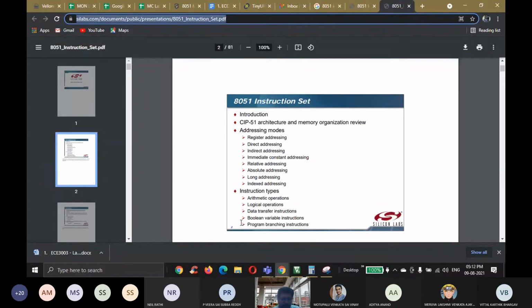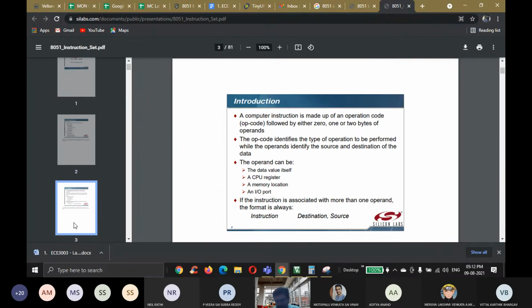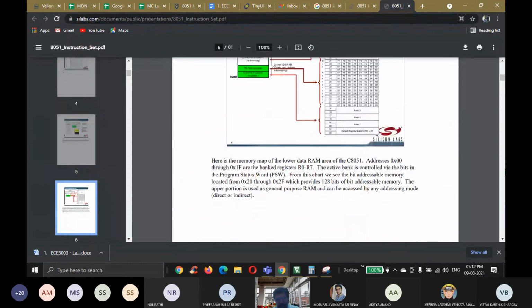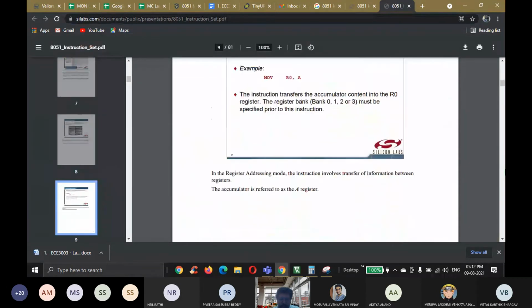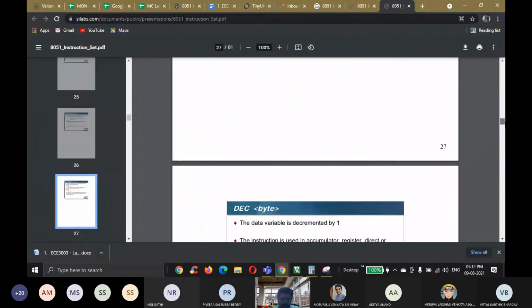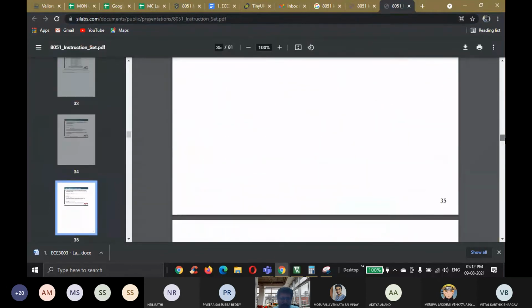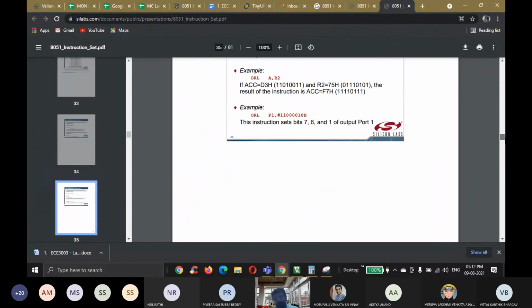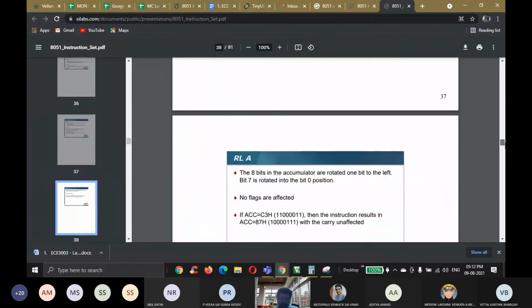Next, these are the addressing modes and instruction types that we have seen. All these instructions, they have given explanations about everything. We will be seeing it in depth in the theory class, don't worry. They have given the full information about each and every instruction with a sample example, how it will be and what the resultant value is.